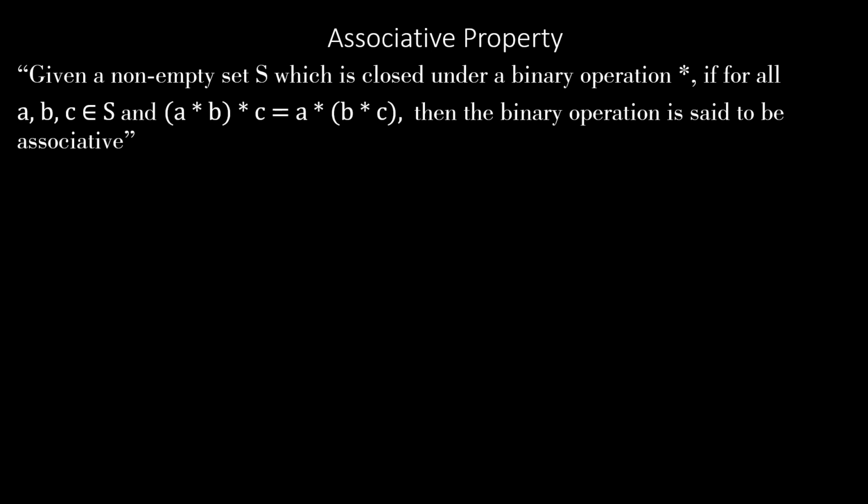The third property we are considering is the associative property. Given a non-empty set S which is closed under a binary operation asterisk, if for all A, B, C elements of S, (A asterisk B) asterisk C is equal to A asterisk (B asterisk C), then the binary operation is said to be associative. Here we need to take note of